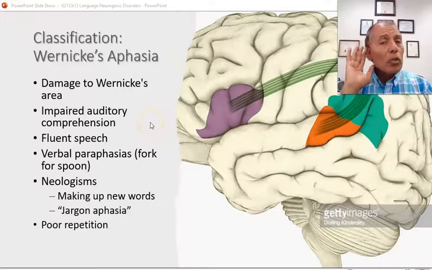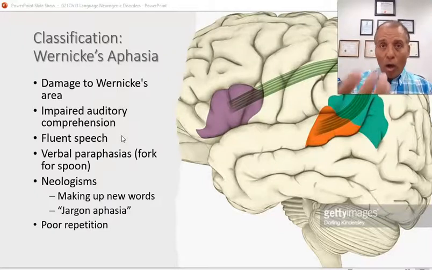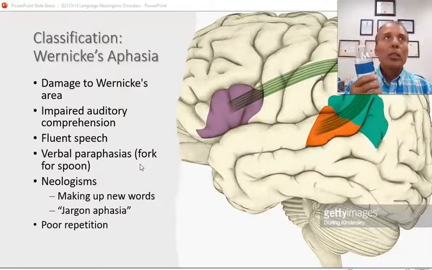The person will have difficulty comprehending what someone says, and they cannot even comprehend their own speech. They just talk and they think they are making sense when they are making no sense at all. But their motor skills are totally intact and they can produce sounds and so on. They make a lot of verbal paraphasias. For example, they name something a different name. Verbal paraphasia means that, say, for bottle, they might say jug.